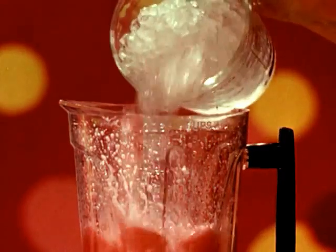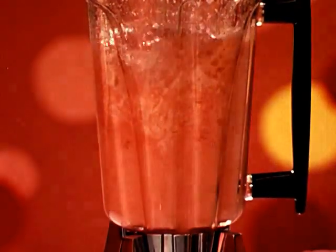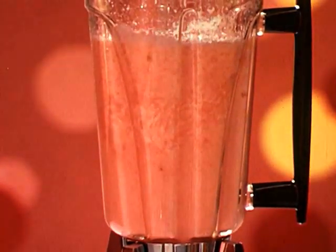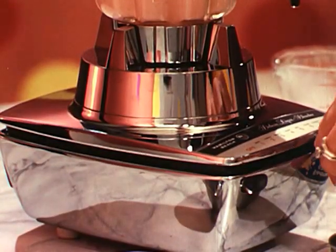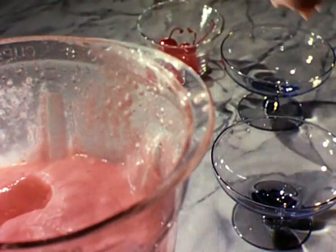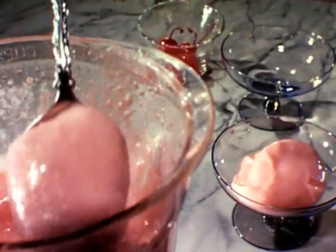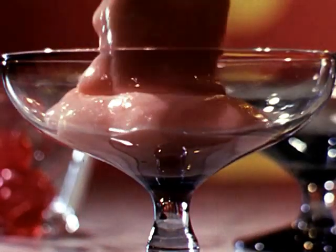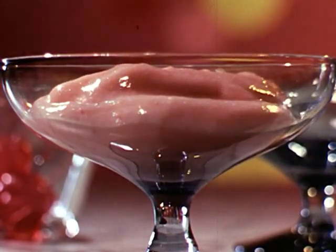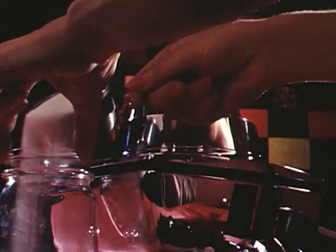whipping cream, and crushed ice. Blending continues at high speed until the ice is dissolved. After being allowed to set for a minute, it's ready to serve right from the blender container. A delicious, quick dessert. But here's a quicker one, sugar,